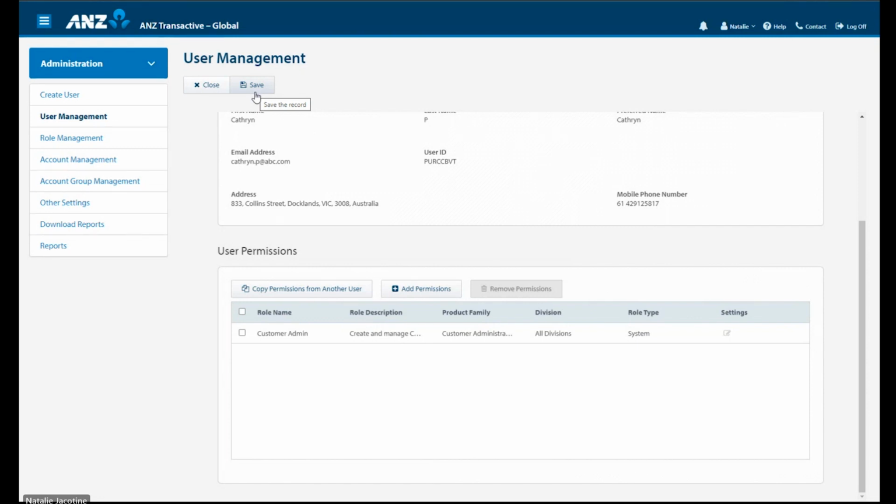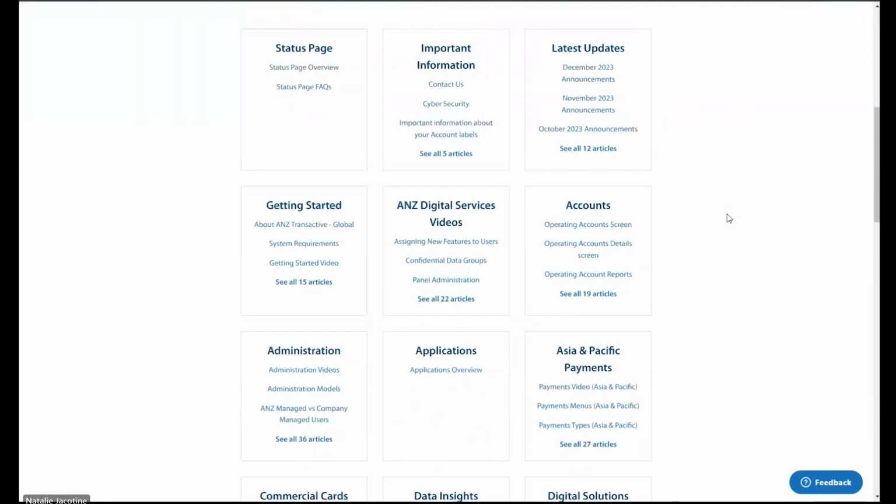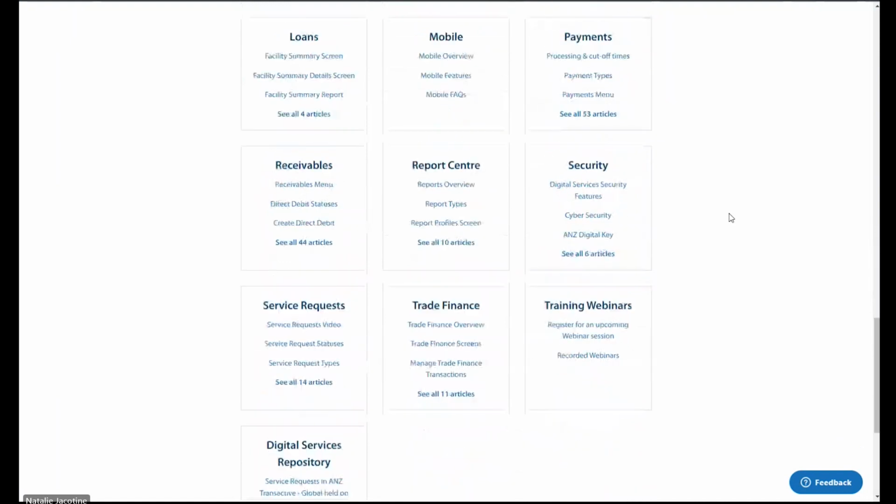The final portion of our session today will be focused on all service request permissions, as well as additional support material that is readily available for you to access. We will take you through to our online help portal, where all this important information is stored. You can access this at any time from the help icon located at the top right corner of your Transactive site. Once there, you can scroll down to the service request link and a number of useful resources will be available for you.